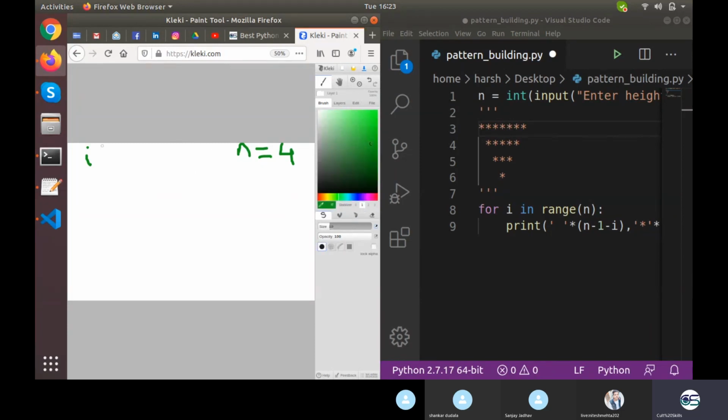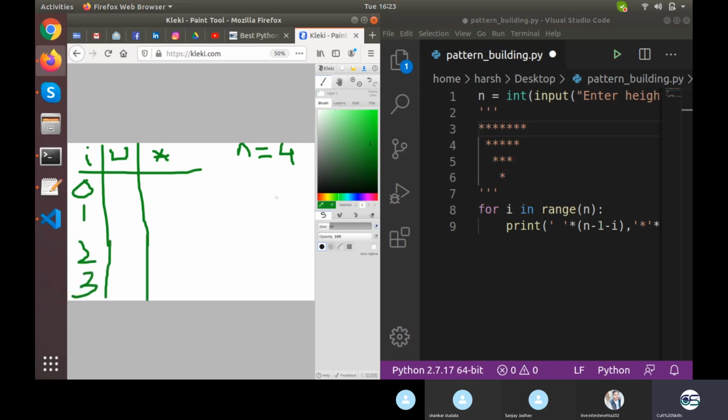Okay, so we have I and then we have spaces and then we have stars. So for I is equal to 0, 1, 2 and 3, there are basically 0 space, 1 space, 2 space and 3 space.